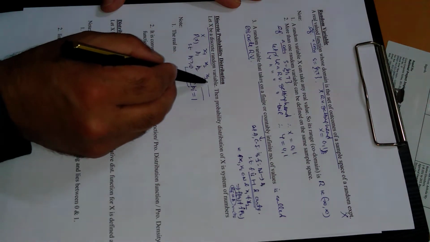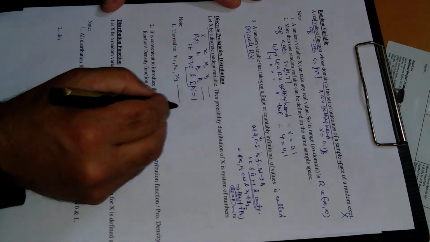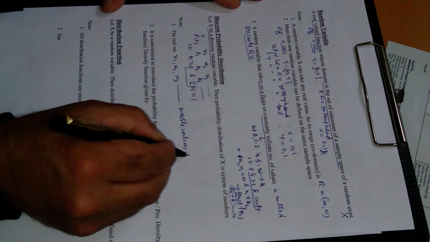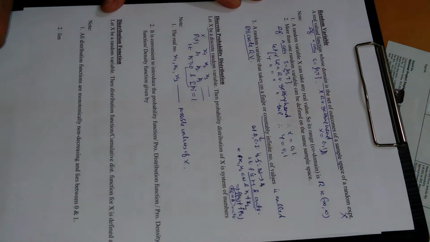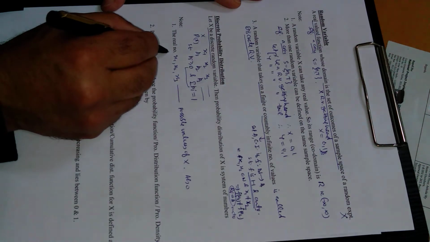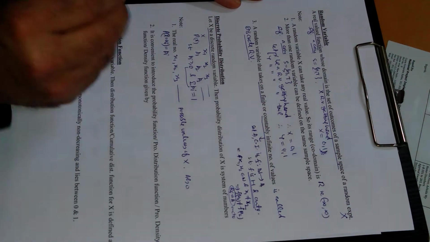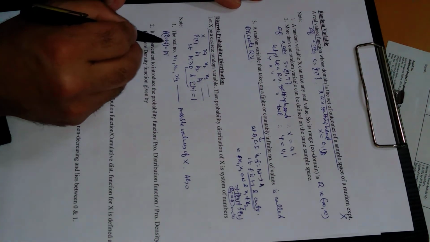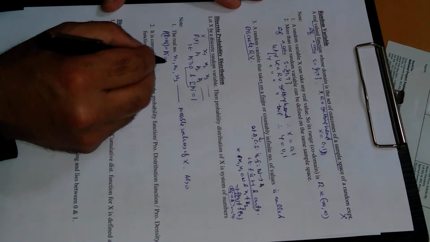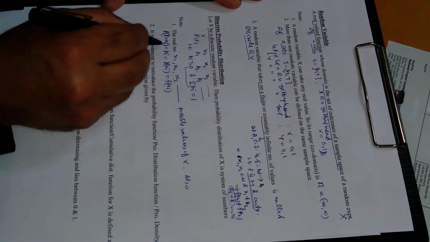So note number 1, what are x1, x2, xn? These real numbers x1, x2, x3 are the possible values of the random variable X. Also p1, p2, pi: pi is the probability of random variable X taking value xi. For example, p1 is the probability of X taking value x1, and p3 is the probability of X taking value x3, and this can also be denoted by p of xi. All of these are the same notations.